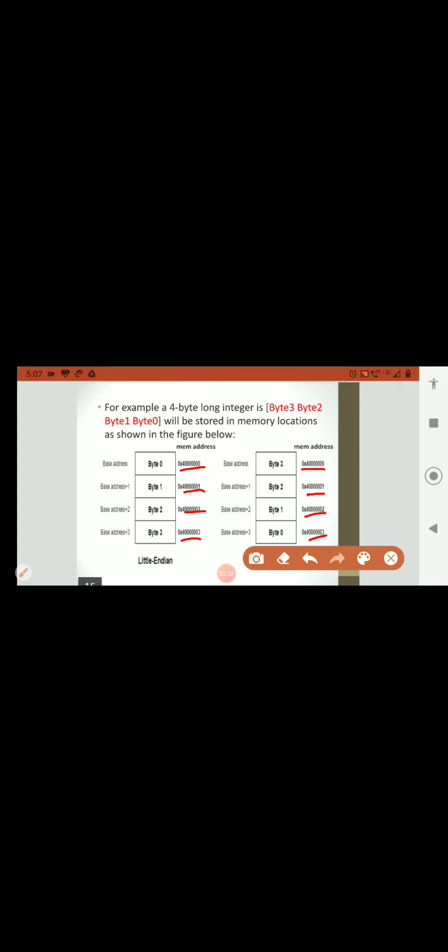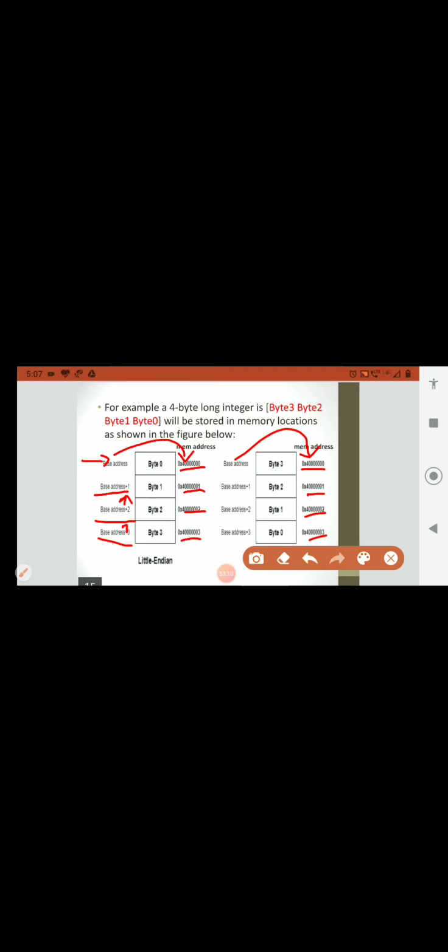Now we will see the base address. The base address is nothing but the first memory address. Again here also the base address is the first memory address. Next, base address plus 1 means you add 1 to the base address, so that you get the next memory address here. Once again you add 2 to the base address, or you can add 1 to the previous address, so that you get the next memory location.